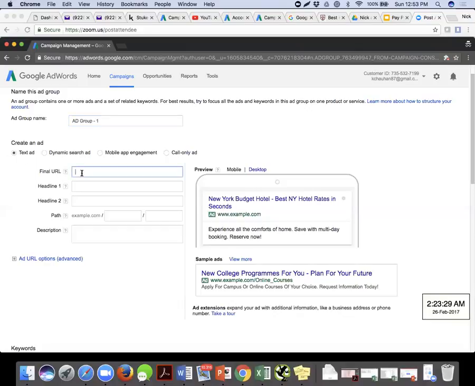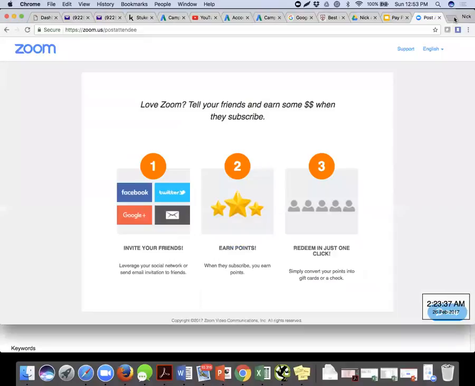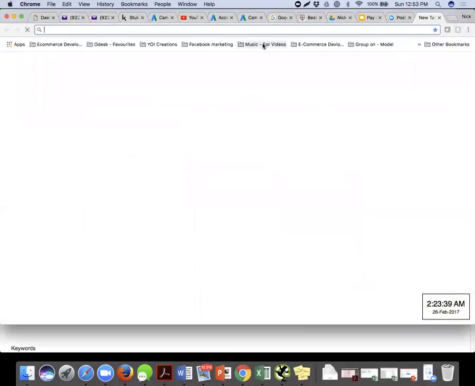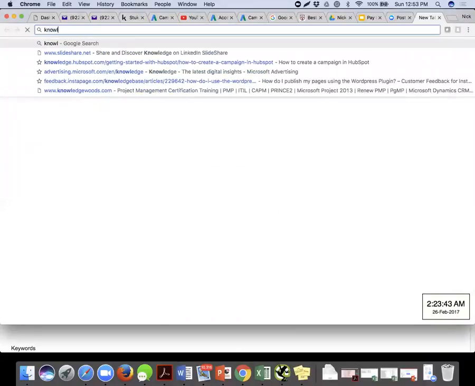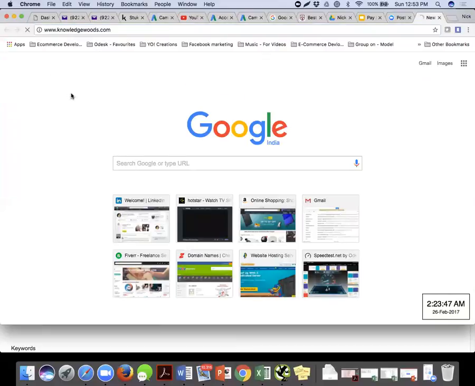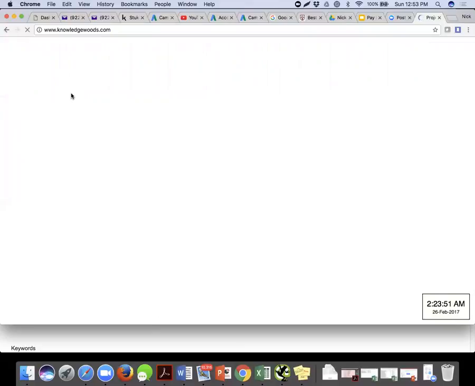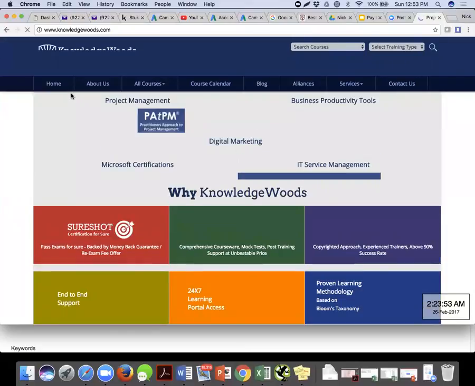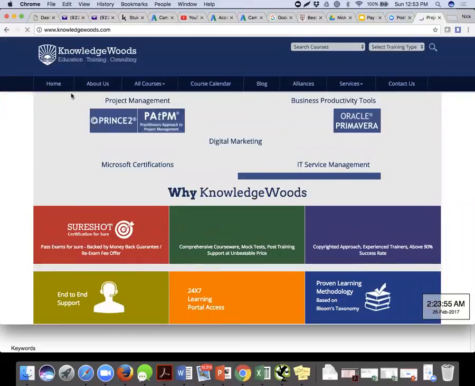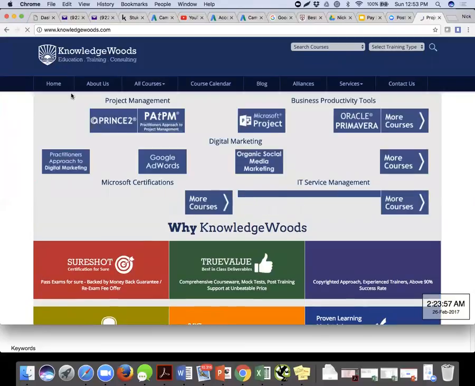Let's go to KnowledgeWood website and see for the digital marketing course internal page in the new tab. Did you guys observe they have got a pipe symbol also in their title tag? If you do their source code, the title tag has got pipe symbol.